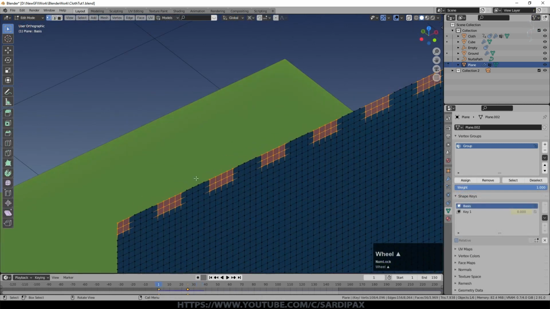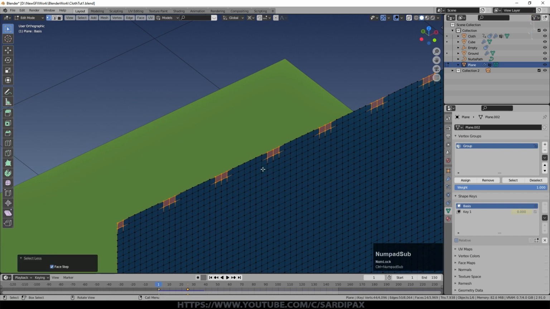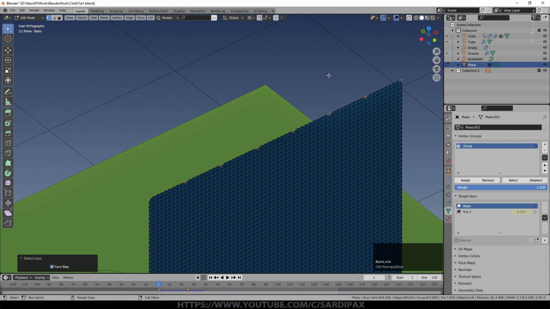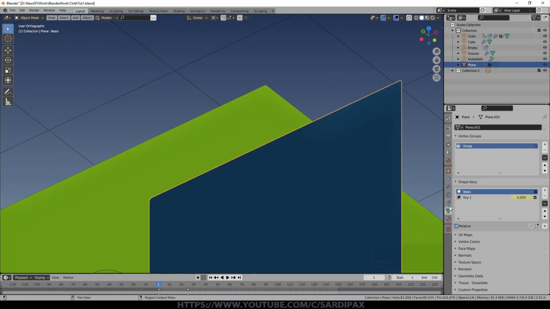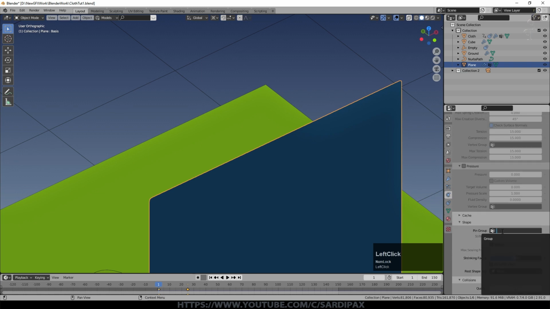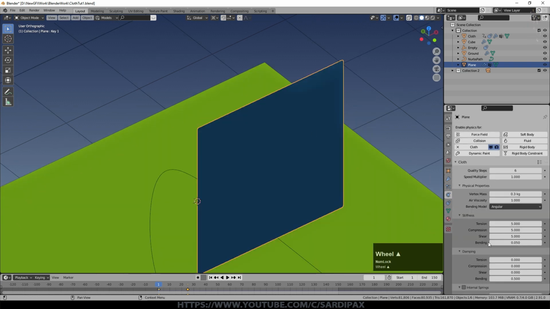So because it's doing that, what we might want to do is perhaps reduce that a little bit. So I've just pressed Control minus and Control minus again. And now we've just got these individual vertices selected, just removing that group and then adding a new one. And then if we go to the cloth simulation again, because I removed the group, I just need to add it back.